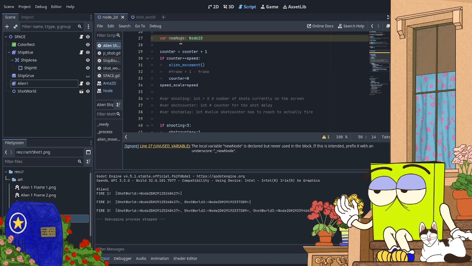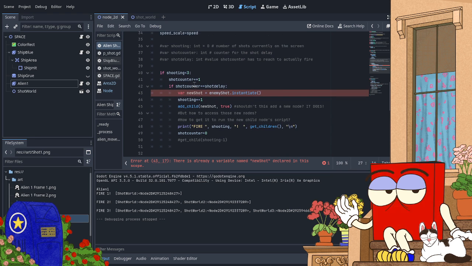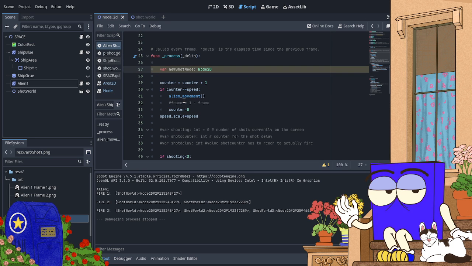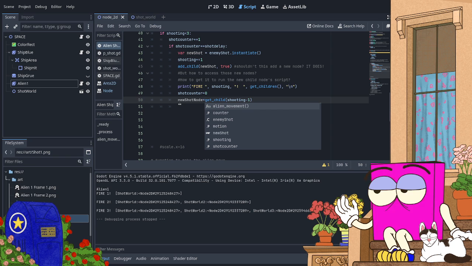I don't want new node. Let's call it new shot, because that's what it's going to be. There, new shot. New shot node. There we go. New shot node equals node.